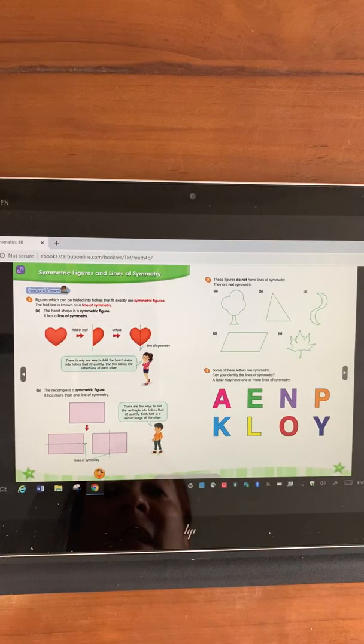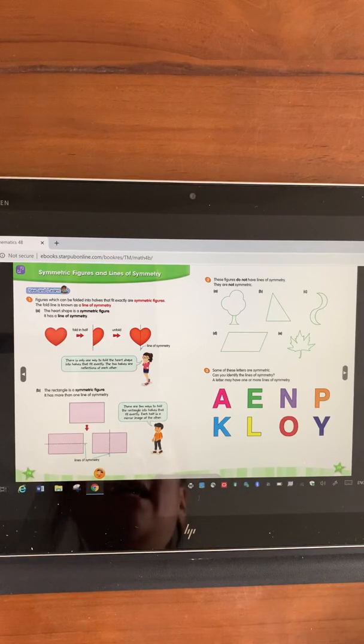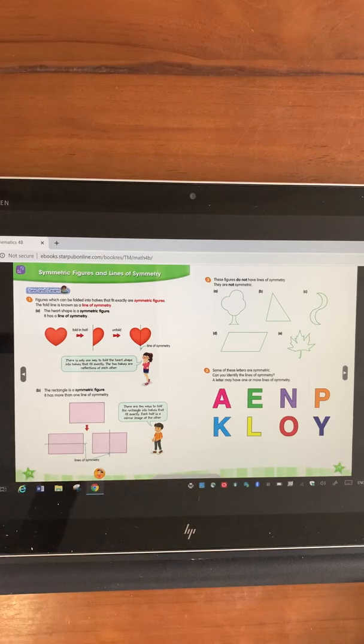All right, boys and girls, now we're going to do the next part, which is on page 79. So I'd like you to turn to page 79 of your textbook. Now, do you think that all figures are symmetric? Actually, not all figures are symmetric, and let's look at question 2a, the figure of